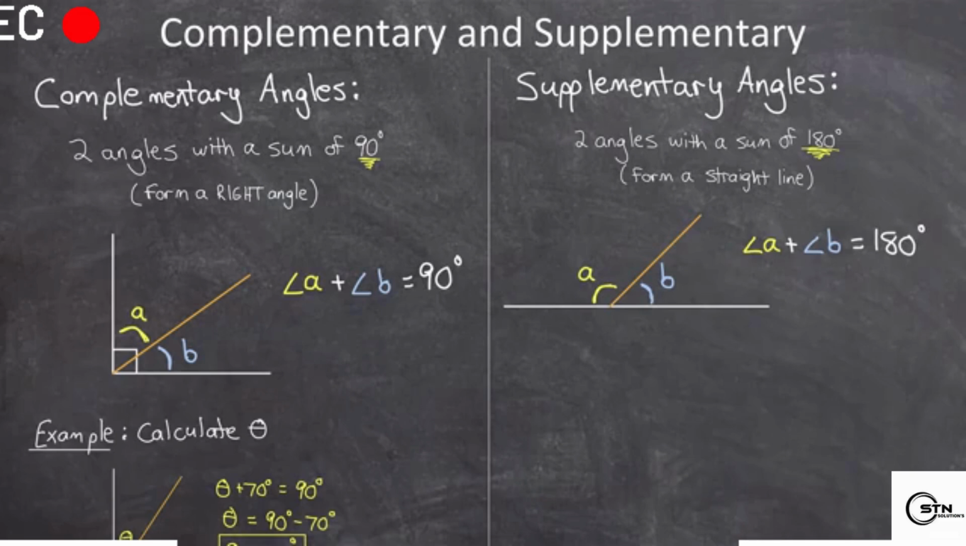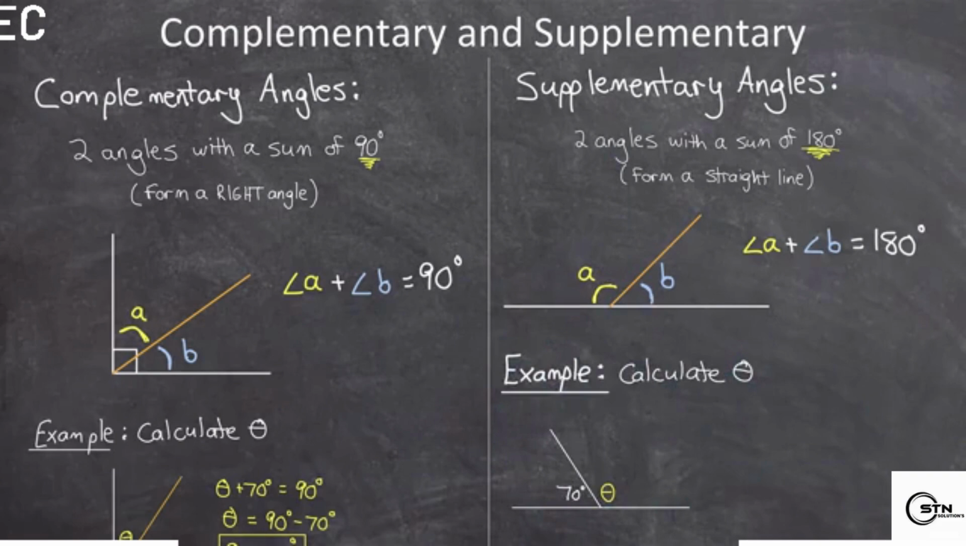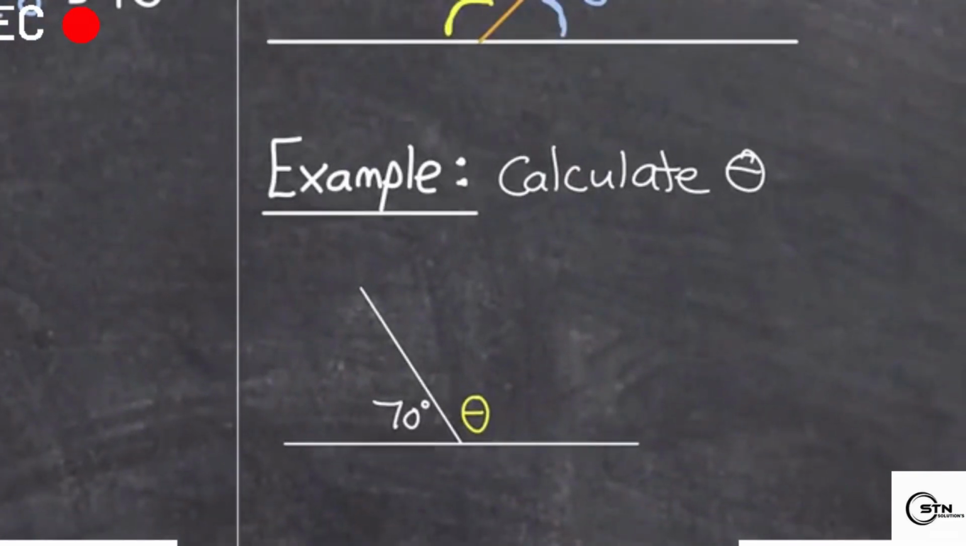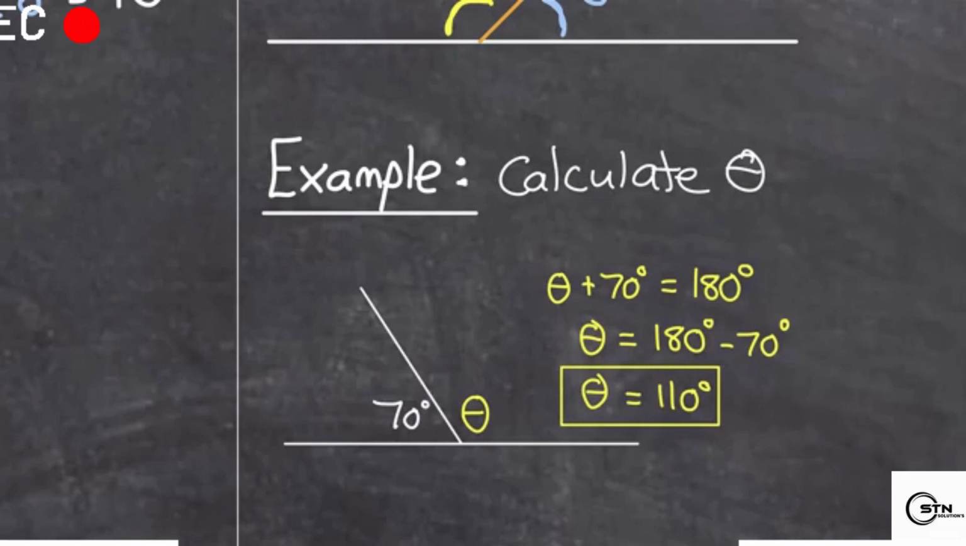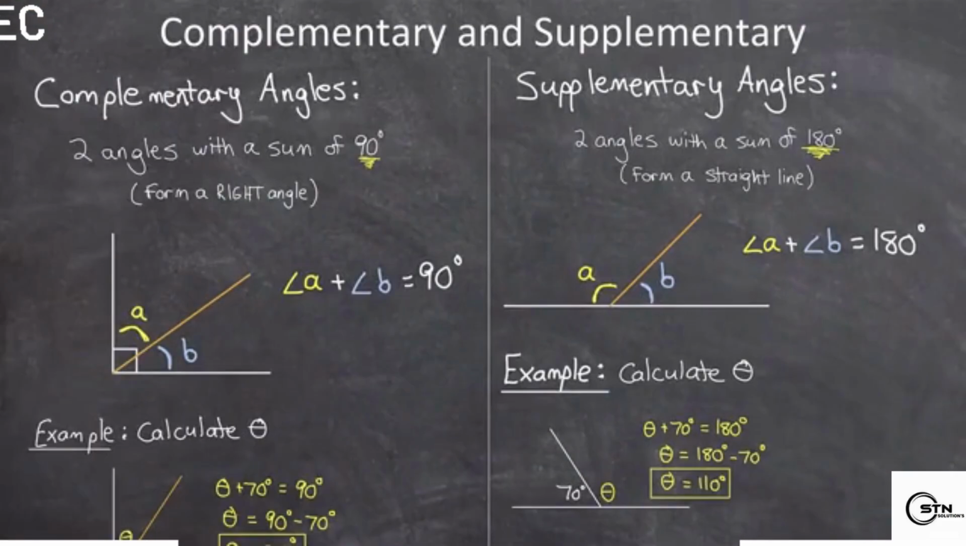And let's do a quick example with supplementary angles. In this example, we need to calculate angle theta again. So let me zoom in and notice that angle theta and 70 degrees combined together form a straight line, so they're supplementary. That means that angle theta plus that 70-degree angle would have to equal 180 degrees. So to calculate theta, just find the difference between 180 and 70, which means that angle theta would be 110 degrees. So I'll zoom out so you can see that whole section,